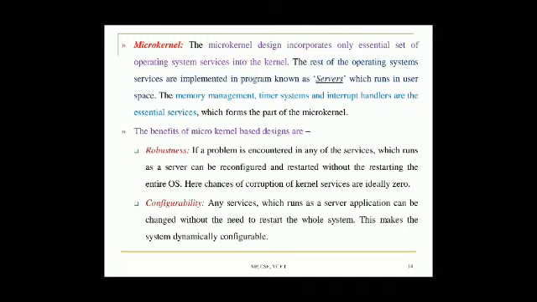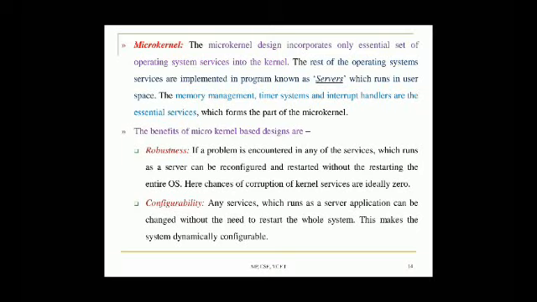Basically, these servers run in user space. If you ask me what the essential set of operating system services are, it could be memory management, it could be timer systems, or it may be the interrupt handler. These are all considered essential services.